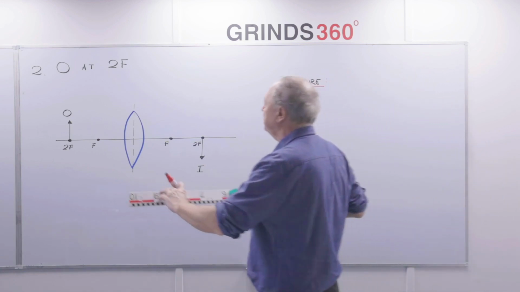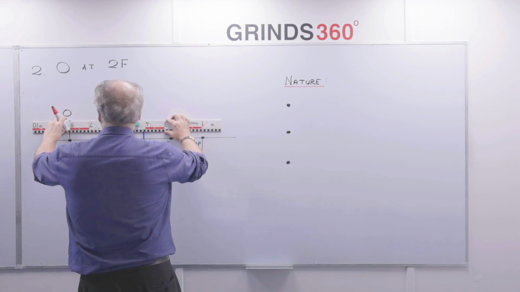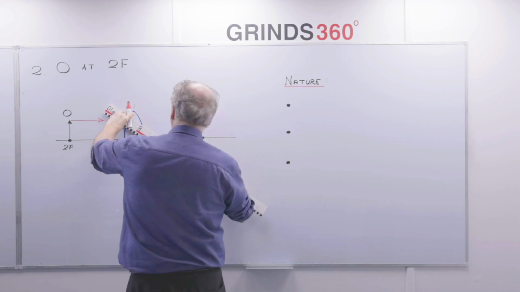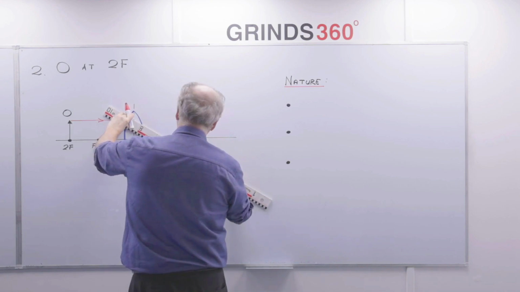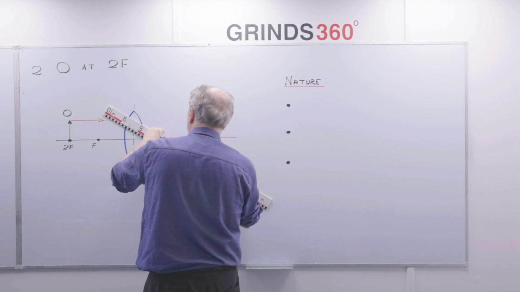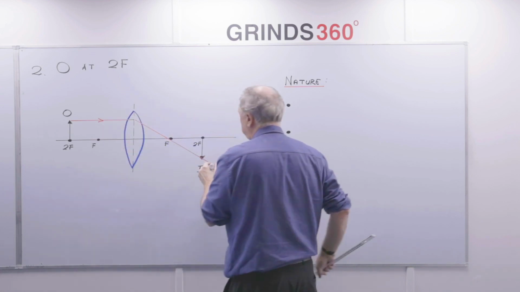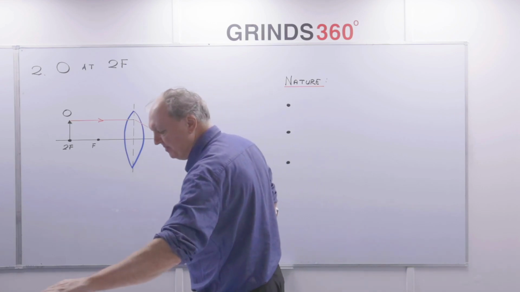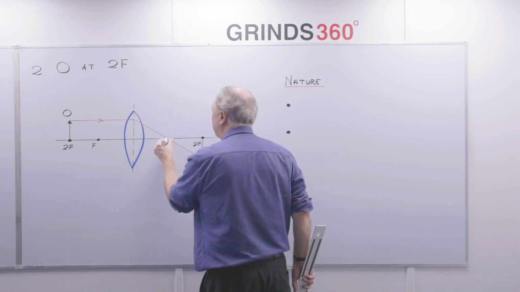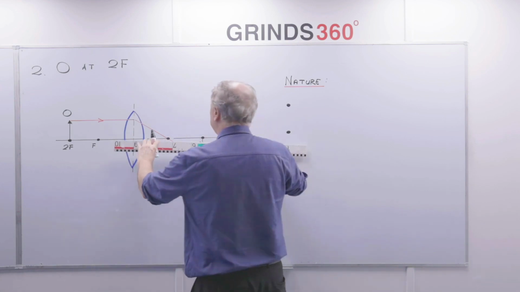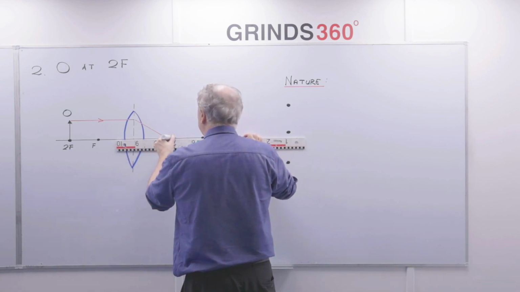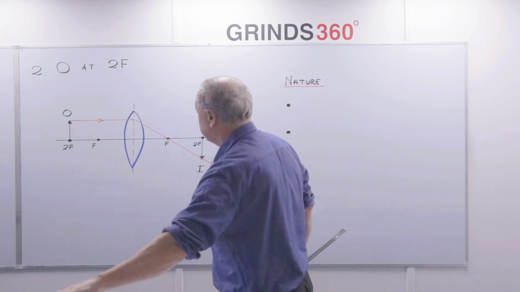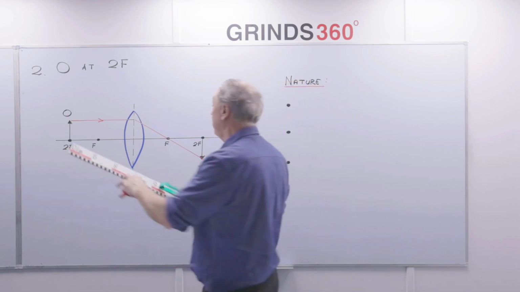So take my two rays of light, one parallel to the principal axis. We get refracted down through the focus on the far side. When doing that in the exam, I might adjust my focus a little bit. But actually, if you do it on graph paper, you'll have no problems. And the grid paper that I gave you in your notes, it'll turn out perfectly. And then what's my second ray of light? You can take either from the tip of the arrow going through F,